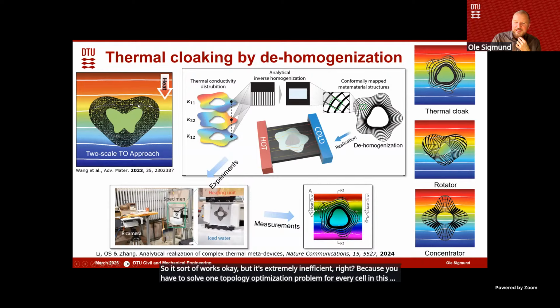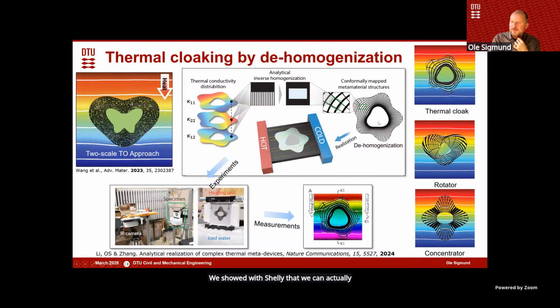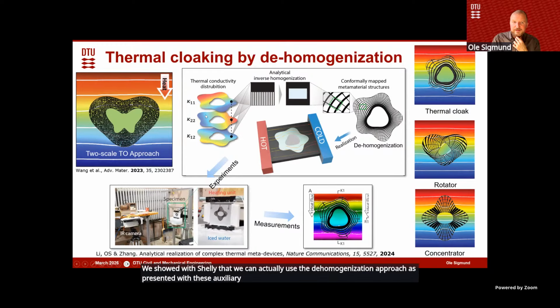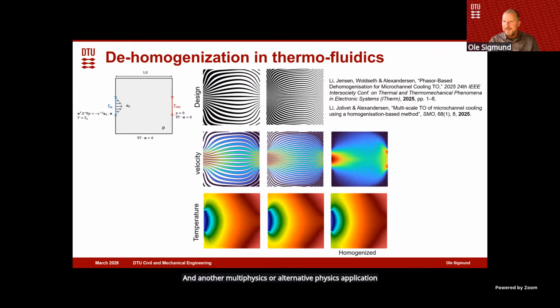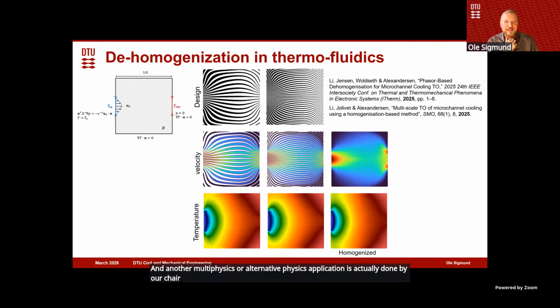We showed with Shelley that we can actually use the dehomogenization approach as presented with these auxiliary intermediate fields. In this case, there are three of them. And we get these beautiful and very intuitive structures. So that's one application. And another multiphysics or alternative physics application is actually done by our chairman, Joe Alexanderson, and